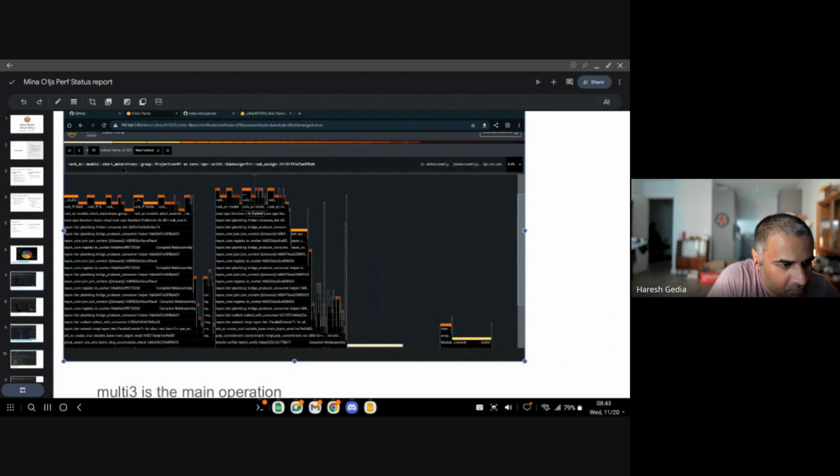Basically, if you just look for the term Rayon, you'll find all the functions that are contributing to the main code in the system, which is multiply 3, and these field operations, where they're multiplying the elliptic curve fields together, which is basically where most of the time is spent, in elliptic curve operations. Okay,